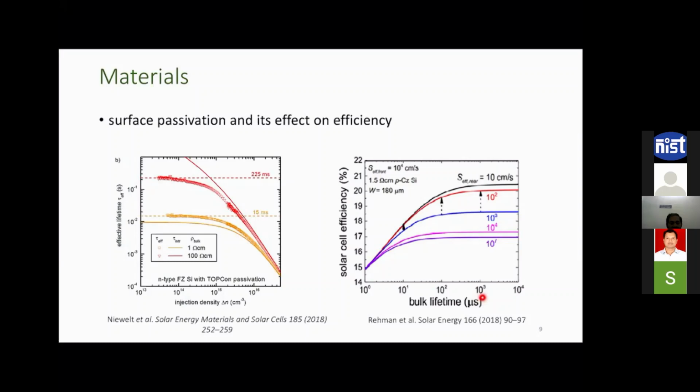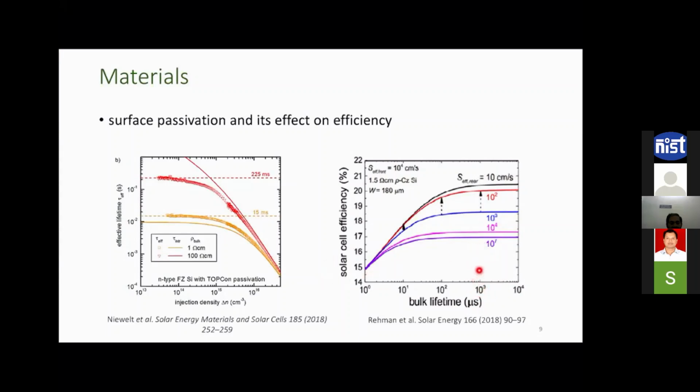Now, let us assume that we are starting with this same high lifetime wafer having lifetime 1 millisecond, and we have prepared 7 samples having a different quality of the passivation. That means, for example, let us say that we are depositing amorphous silicon to passivate this wafer, and the passivation quality varies in the 7 wafers. Now, how the quality of the passivation is going to affect the cell efficiency?